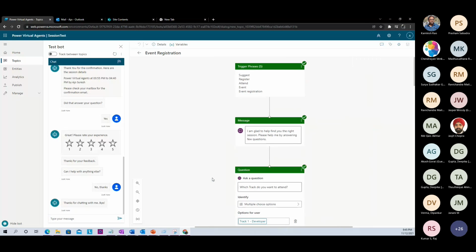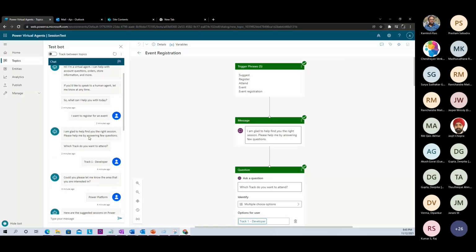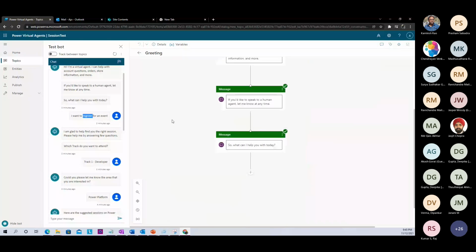As I mentioned, I've got a bot application built, I've got a topic, and there is a trigger phrase for this topic. And if you see here, these are the trigger phrases that I've listed down. I mentioned suggest, register, attend, event registration. And the statement that I've given was, I want to register for an event. And that's where the power of artificial intelligence, the Microsoft cognitive service, comes into the picture, because though I mentioned a few sentences here, like register or event,